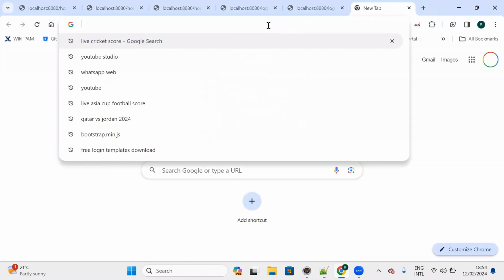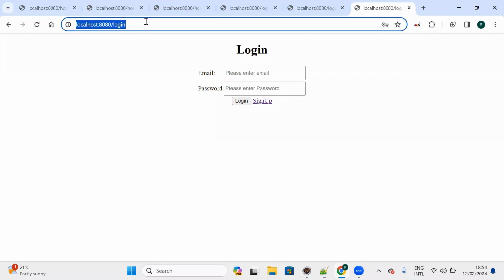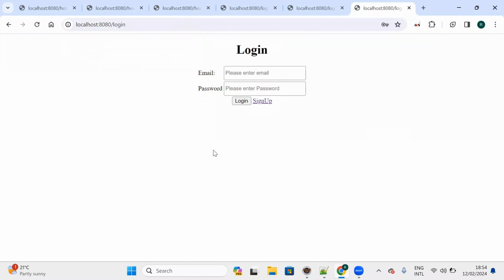If you open as many new tabs as you like, the home page is not opening. Why? Because we are already successfully logged out from our web application. Even if you try to open the slash home page, Spring Security is redirecting to the login page. So very simple, guys. Okay, I will catch you in the next